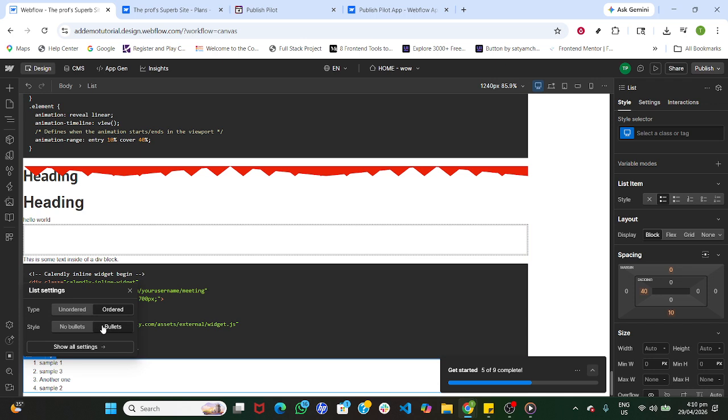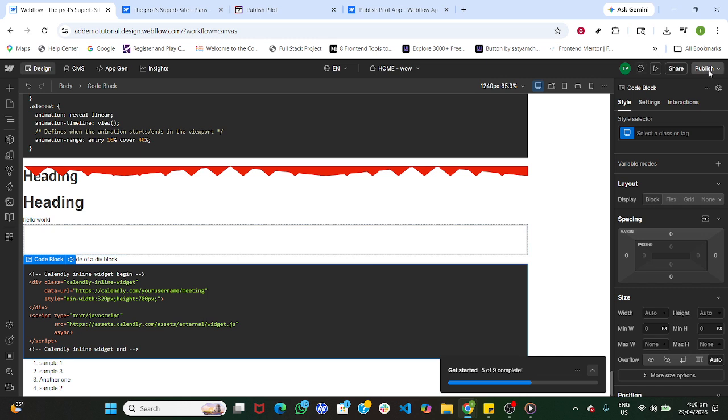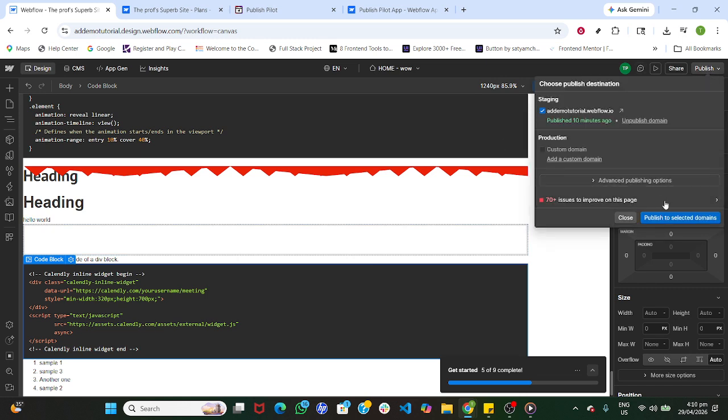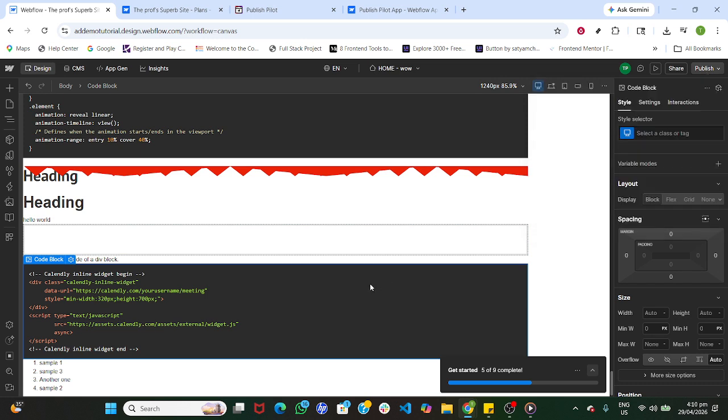When your updates look good on the canvas, you're ready to go live. Click Publish in the top right corner, choose your target domain, and confirm. After a moment, you'll see a success indicator. Open the published site and check your page to make sure the new list item appears exactly